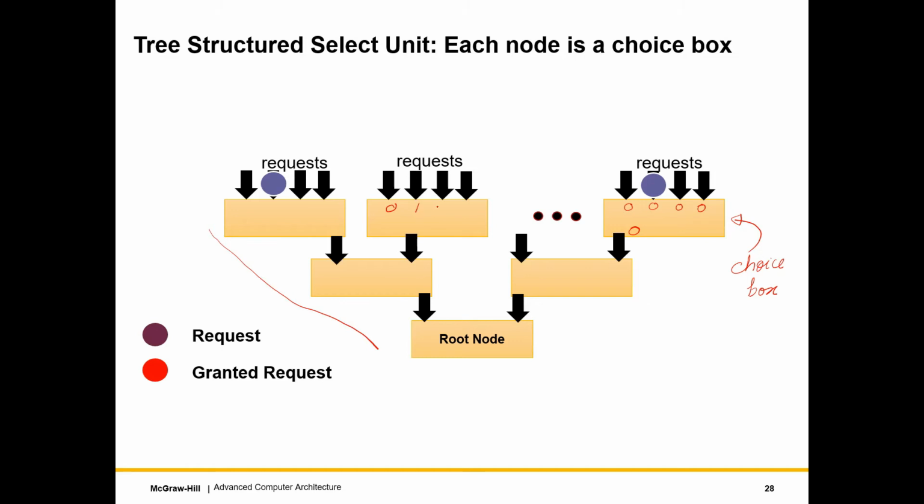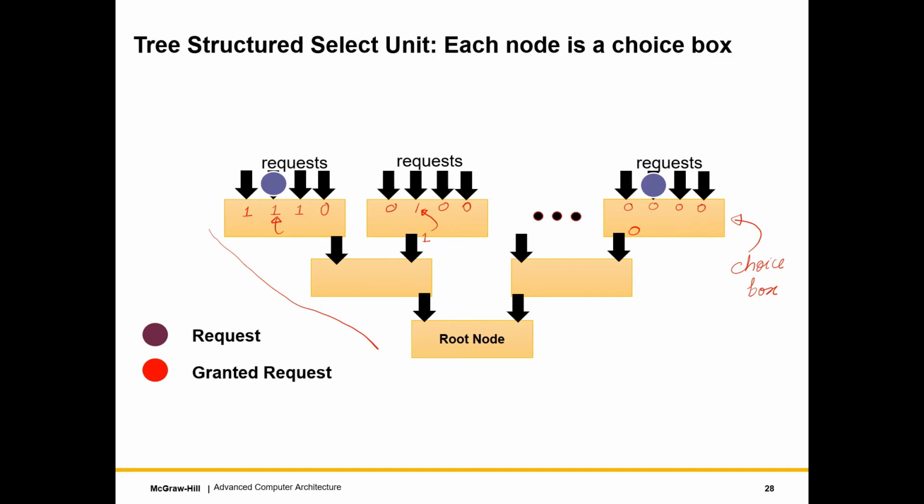Let's say one of them is a 1 and the rest are 0. Then it's easy. It just remembers that this was the request that it chose and sets its output to 1. But let us say multiple requests are 1. In that case, it needs to choose one. Which one, we will see. But let's assume for the time being that it chooses one arbitrarily, randomly. Let's say it chooses this one. Then it remembers this choice internally. Internally it has a set of registers to remember which choice. That's not much. If there are 4 inputs, you just need a 2-bit register.